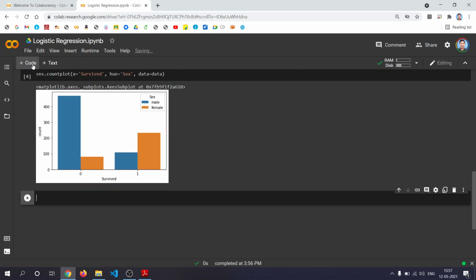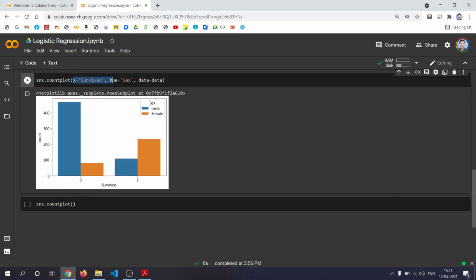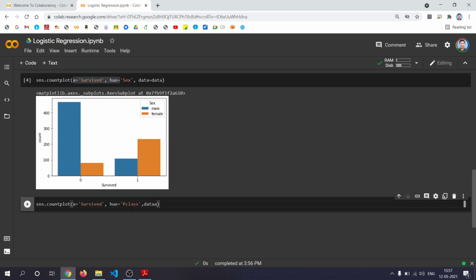Now let's see, instead of sex, let's say with passenger class. Passenger class has three values, so there will be three plots. SNS dot count plot, we'll copy this. Hue equal to p class, comma data equal to data.